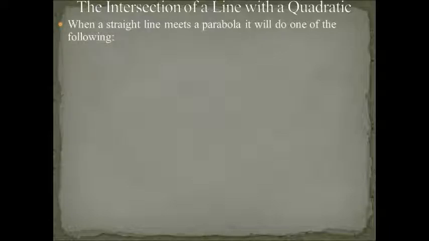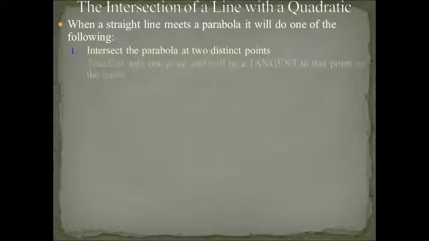So, when a straight line meets a parabola, we'll do one of the following. There are only three options. Hopefully some of you have had a wee think about this: a straight line can never change direction, so that kind of gives away some of what you're doing. And a parabola is a unique U shape, and that can never change. Since those two things can never change direction from their generic shape, a straight line can either intersect a parabola at two distinct points, or touch only one point, and will be a tangent to that point in the curve. Key thing you've got to understand here: when I use the word tangent,